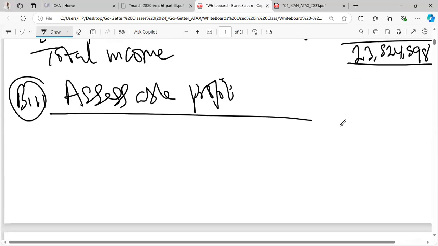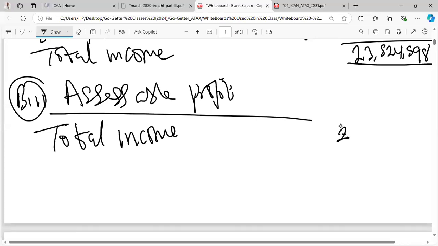Okay, so for you to get your accessible profit, you have your total income. In case we are not asked to break it down, you will just have been going continuously. But because you have been asked to break it down, you take it the way it was. Your total income continues from the last place, 23,524,598. Then you are now lessing